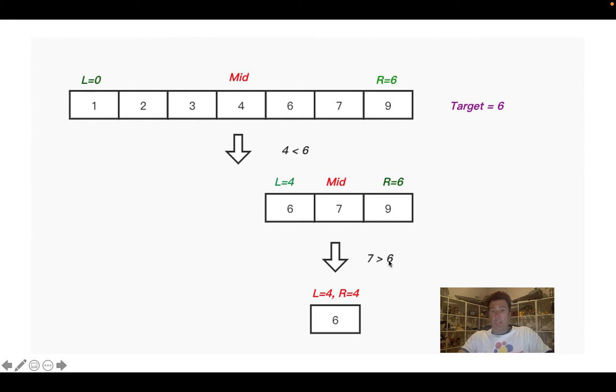So 6 is less than 7. So now we're going to take the right value and assign it to the mid value minus 1. And so R is 6, mid value is 5, minus 1 is 4. So L is 4, R is 4, and we get a target number of 6. So that's how a binary